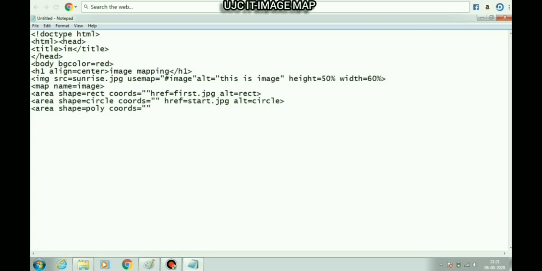Next, for creating a polygon, we are writing shape equals poly. Here we are leaving the space for coords. We will write the value of coords later on.